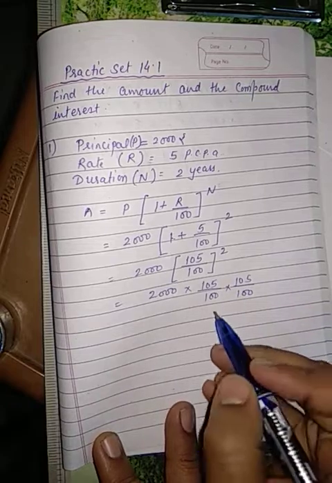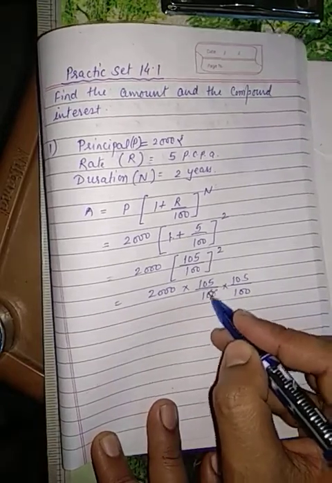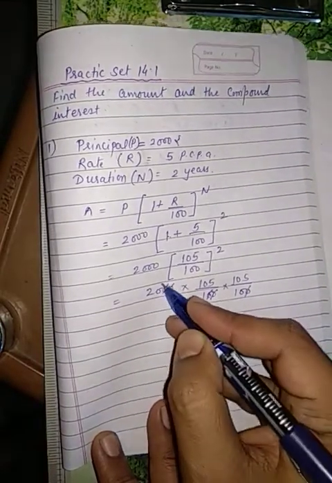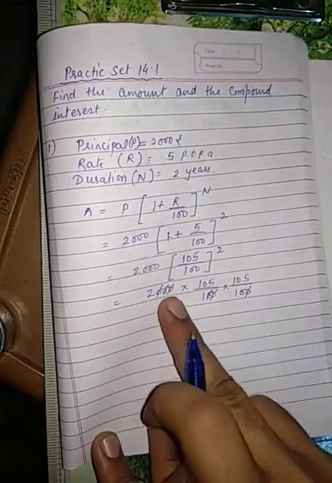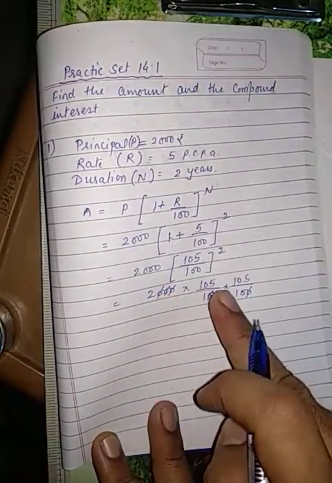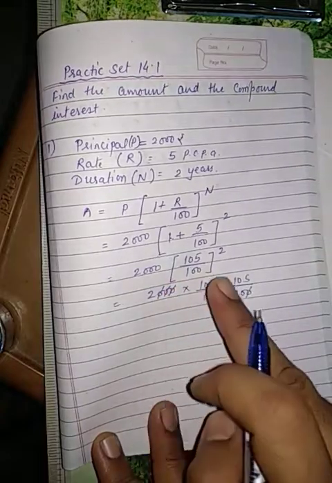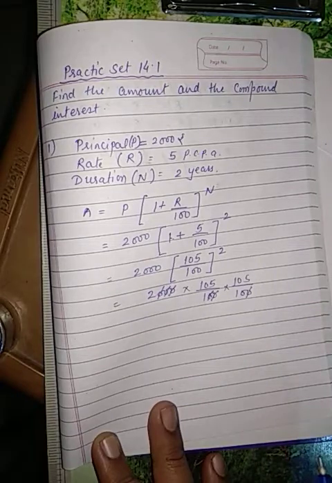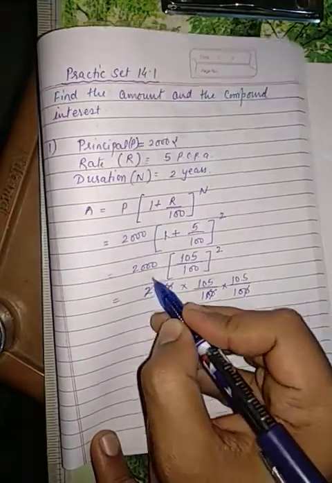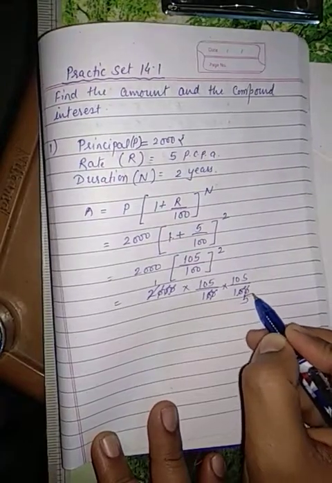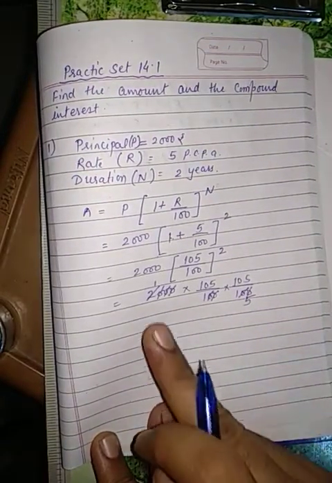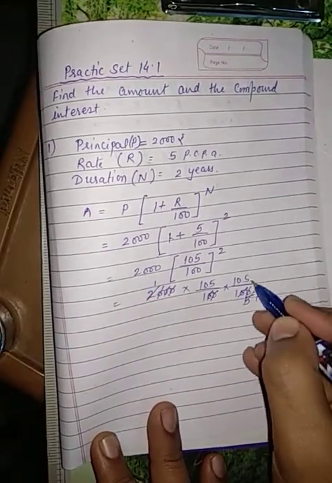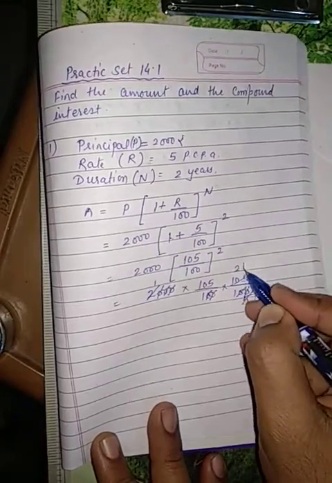First of all, simplify with the denominator. You can see here 2 zeros get cancelled. Cancellation means here I am dividing by 10. If I divide by 10, one 0 will get cancelled. Again divide by 10, second 0, and again divide by 10, third 0 is cancelled. Now you can divide by 2. 2 ones are 2, 2 fives are 10. So here 1 is left, here you have 5. So again divide by 5. 5 ones are 5, 5 twos are 10, 5 ones are 5.